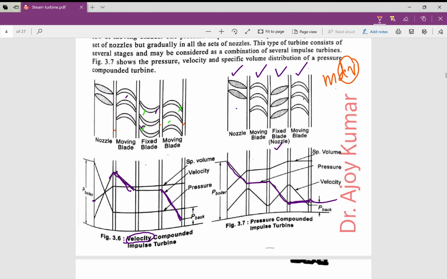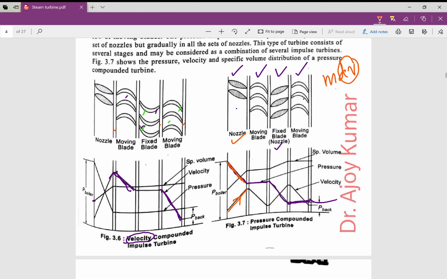Whereas for velocity, the same fundamental is applied. Since pressure decreases, velocity here increases due to Bernoulli's equation. Because Bernoulli says that the summation of all these three energies should be the same. That is, the three energies are static energy, pressure energy, and kinetic energy. Static energy is almost the same throughout. Hence, there is a direct relationship between these two, pressure and velocity. If pressure decreases, velocity increases. So here we have seen this for the nozzle.